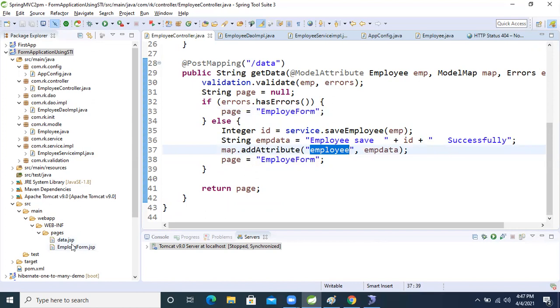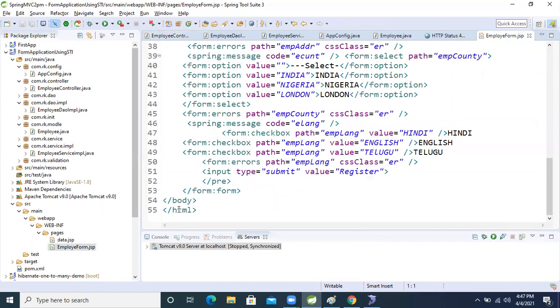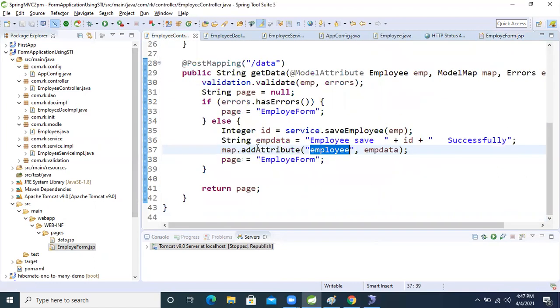Employee. And in this page only, come down. Here we will get the message, one message out of the dollar symbol. After that, we will paste this message. Here only we will get the message. And make this one the employee ID, right? This message we will get, and write save here. So fine, guys.